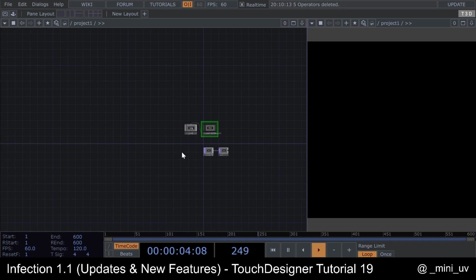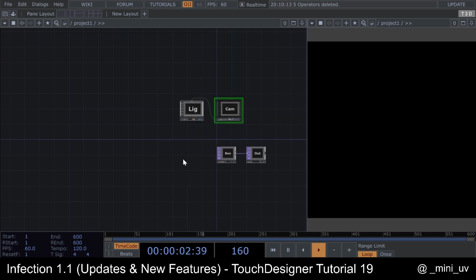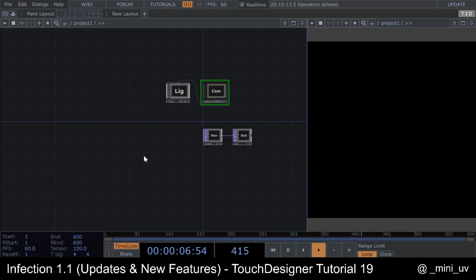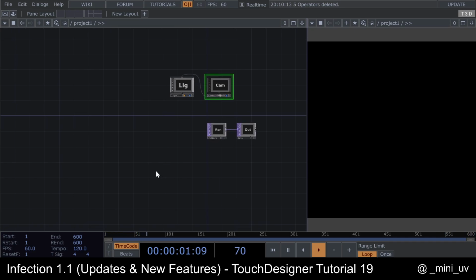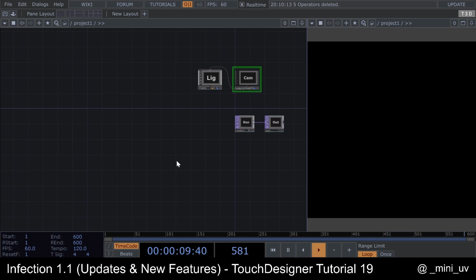So, it's been quite a while since I posted any new tutorials, but now I'm back, and I have lots of new ideas to share with you. In this tutorial I'm going to show you an update of my latest tutorial, which is the infection component. What I did is basically update the infection to the latest T3D